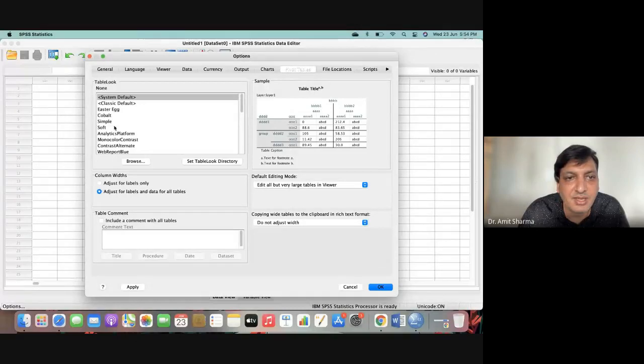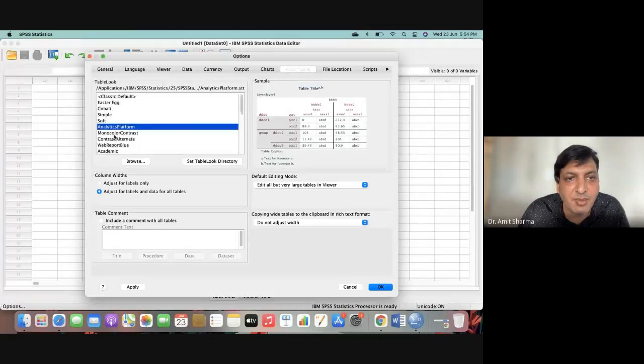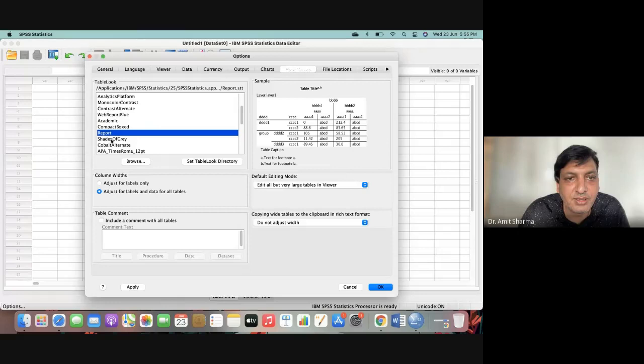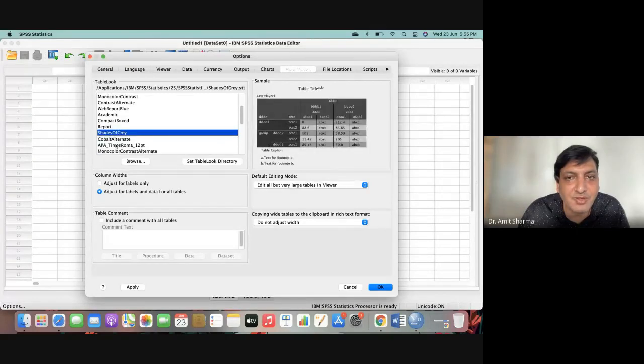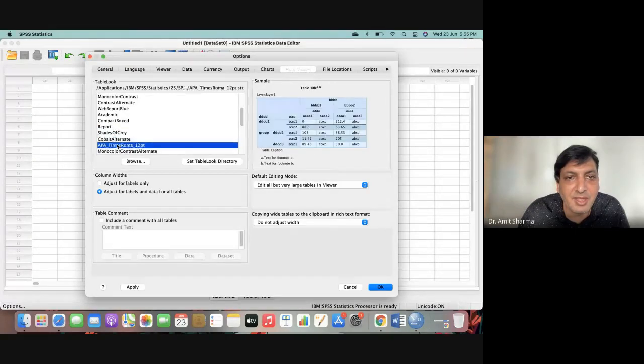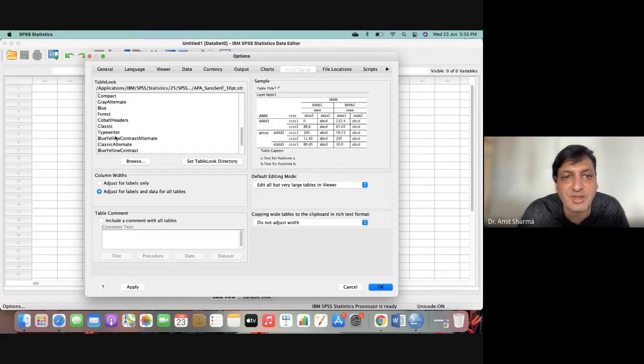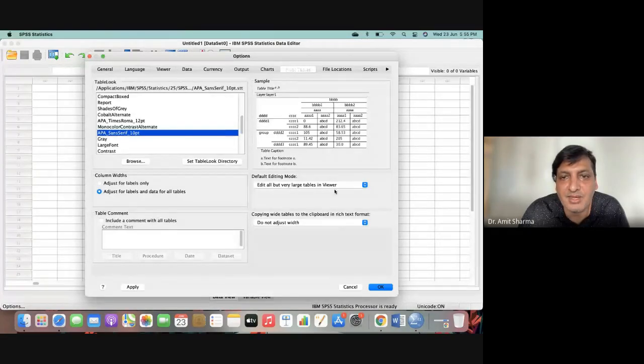Pivot tables are there, and you can see the analytic platform, then academic style, this is APA, then shades of gray, alternative APA Times Roman. We used to recommend this when all the data you require is in APA, and the font size will be 12 Times Roman. Like this, you can refer. For APA in sans serif, you can choose from here, and after that, if you want to edit, you can edit.